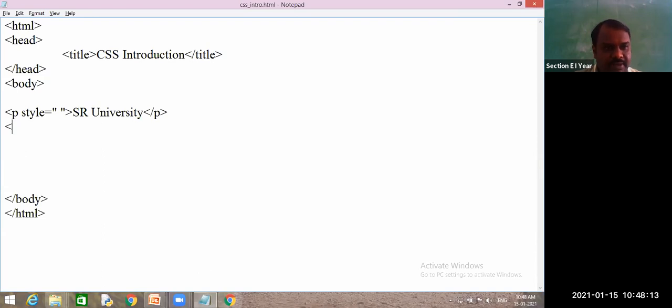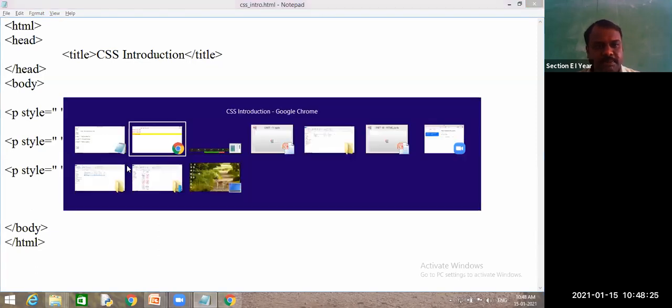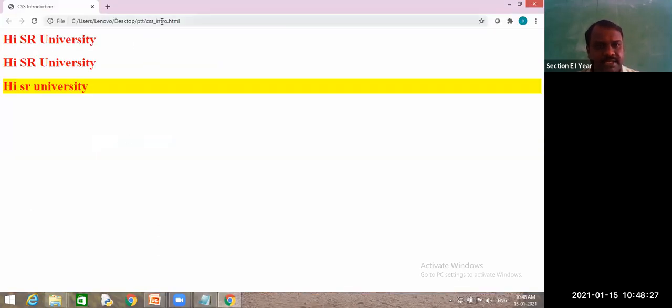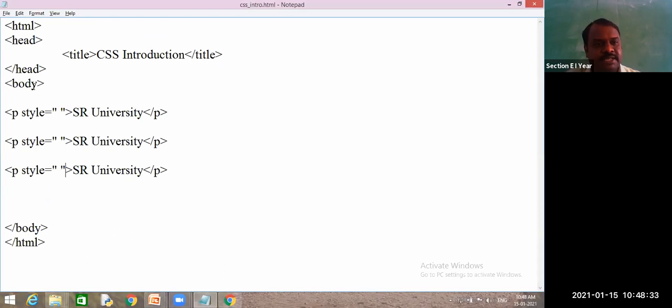And one more paragraph, same thing I want to write this one. Second time and third time. So I did not apply any properties, so I did not write anything. So how does it display? So basic SR University lines will display. SR University, SR University, SR University. It has printed like this. See, I want to change this color to red. All these three want to be changed to red.